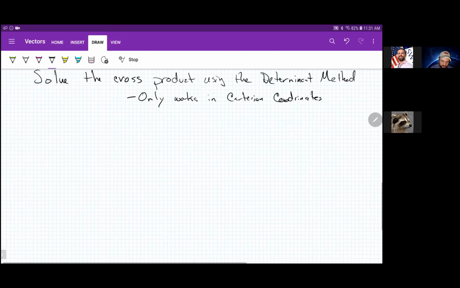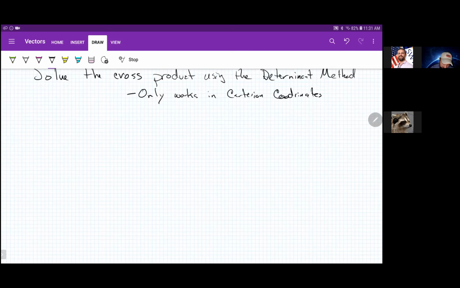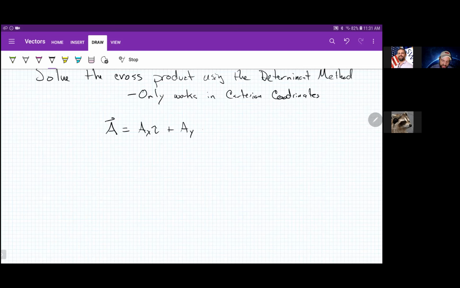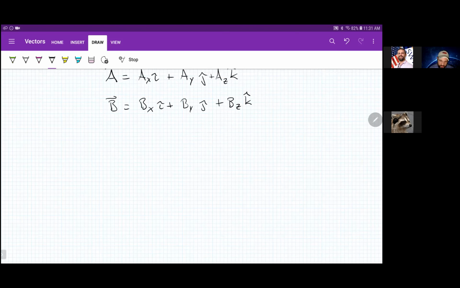So A is equal to Ax i hat plus Ay j hat plus Az k hat, right? So that's one. And then B we've seen is Bx i hat plus By j hat plus Bz k hat, right? So what is the determinant method? All right. We've got A cross B is equal to,